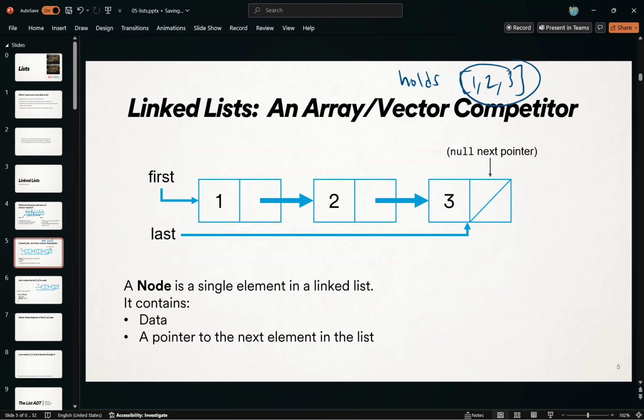This is Python syntax for lists, but this is what it looks like. It's just pointers all day long. I'm so sorry if you hate pointers. You're gonna love them by the end of this class, one way or another. So a linked list is holding 1, then 2, then 3 in a chain of pointers and a chain of